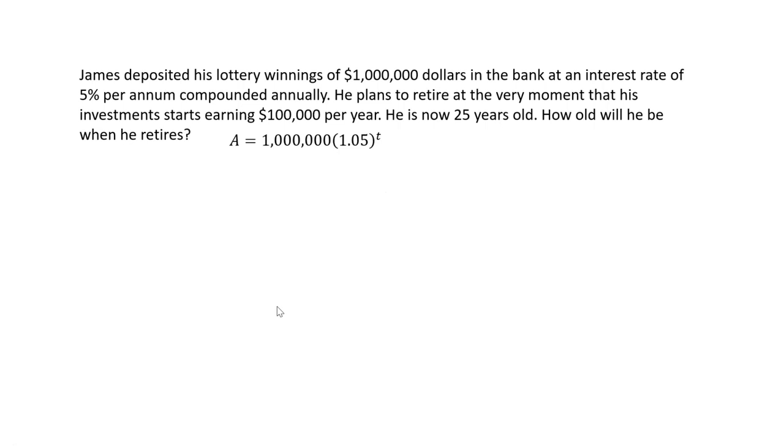So let's just think about this now. James, lucky guy, hit the lotto, won $1 million, and he decides he's going to put this into the bank. Right? He's a smart guy. He doesn't want to go and blow it on, I don't know, a nice fancy car, maybe a Tesla or something like that. He decides, all right, I'm 25 years old now. This money doesn't last forever. If I put it into the bank at an interest rate of 5% compounded annually, at some point,